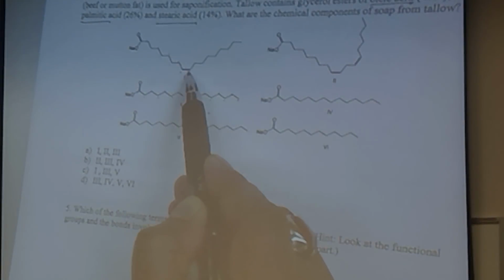Similarly, now which one is the oleic acid? We just need to know the structure of the fatty acid, which fatty acid has what structure. So oleic acid has how many carbons? And is there any double bond in the oleic acid? 18 carbons, 1 double bond, right? So that would probably be this one, because that is the only one with a double bond. 1, 2, 3, 4, 5, 6, 7, 8, 9, 10, 11, 12, 13, 14, 15, 16, 17, 18. So 1 is going to be our oleic acid,